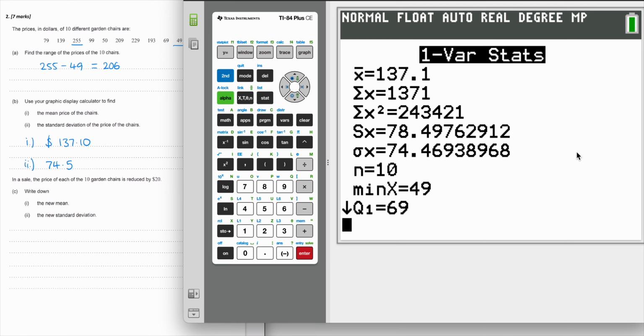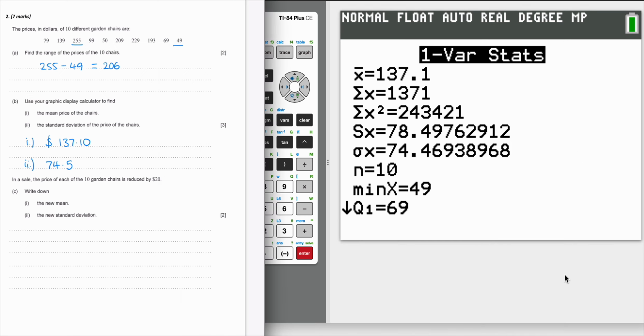And then the last part of the question says to write down the new mean if each of the garden chairs is reduced by 20. So if each of them is reduced by 20, then that means that the mean too will be reduced by 20. So it will be 137.10 minus the 20. And that gives me